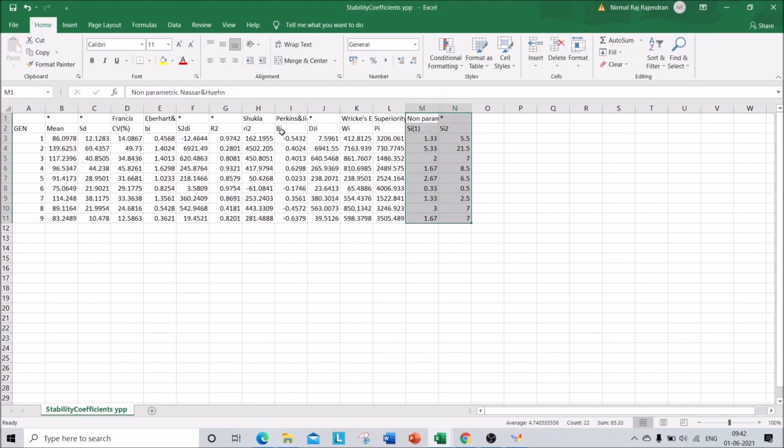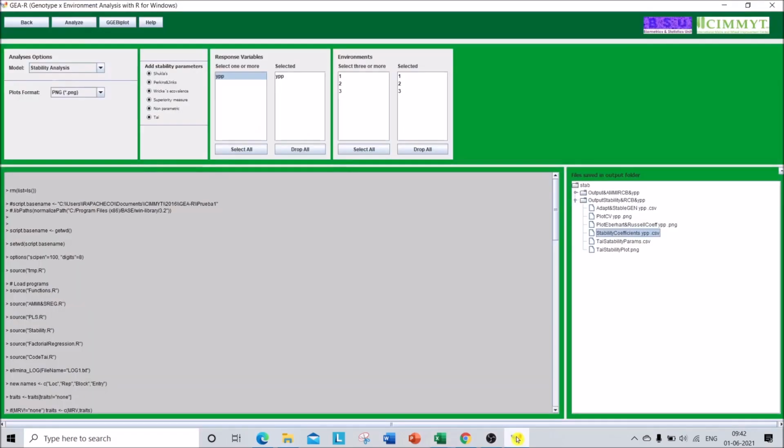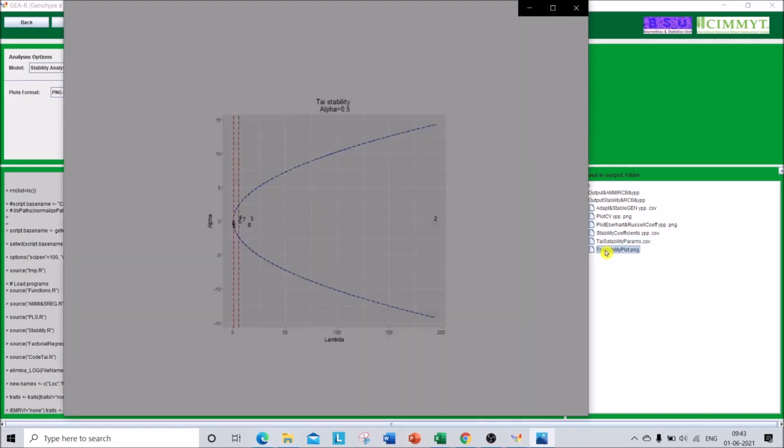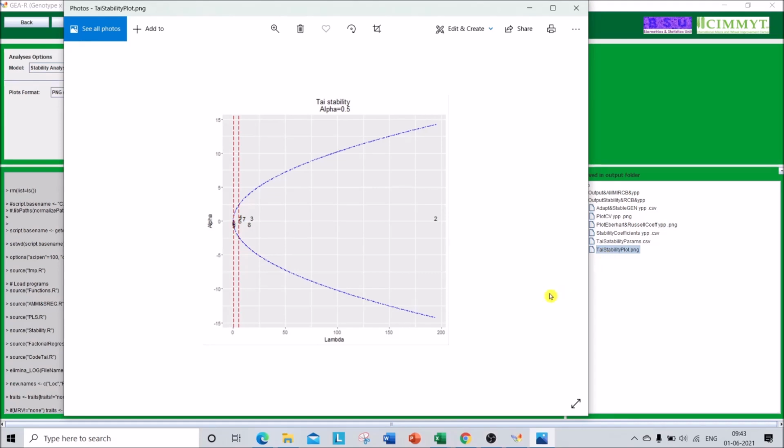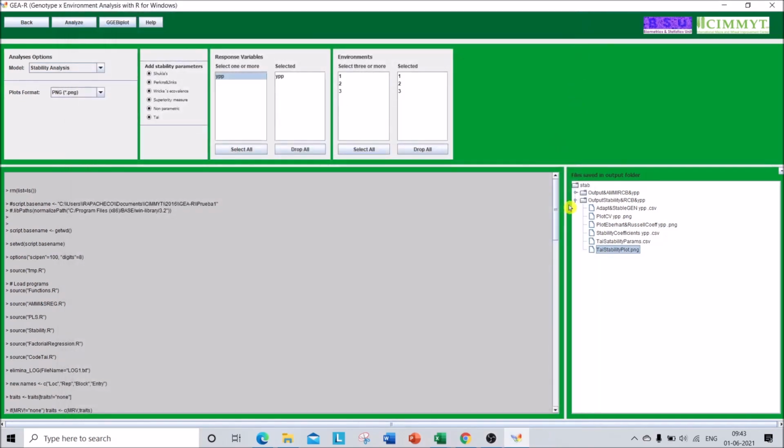Every coefficient value will be displayed, and you can also have your TIE stability parameters in a .csv format and the TIE stability plot in a .png. So this is the TIE stability plot also. I am just closing. So this is one spot where you can do your Eberhart and Russell.